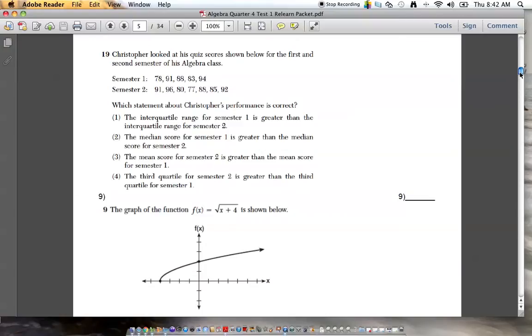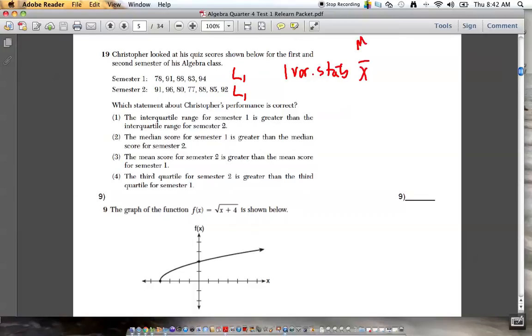Christopher looked at his quiz scores and writes them down. Which statement about his performance is right? Let's see here. Again, I don't have the time to do all of this necessarily on the calculator, but here are the 2 things you're going to do for this. You make each list separately like before. Make L1, come up with this data, then erase the data for L1 and do it again, putting this also in L1. And what you're going to look for here is one variable stats,